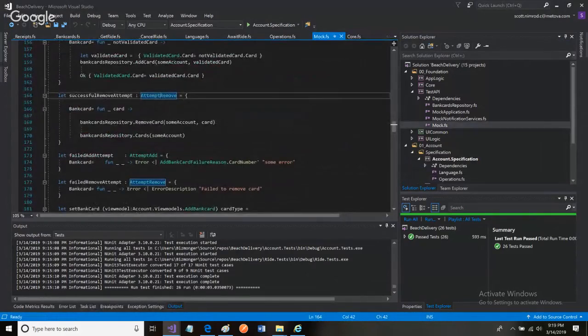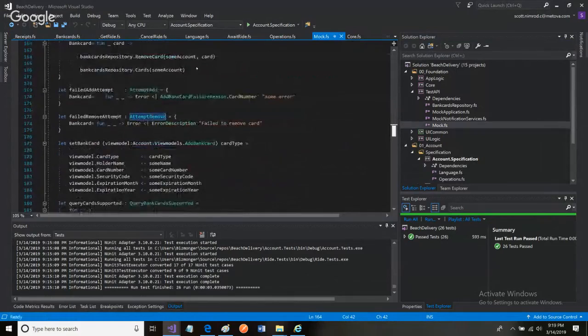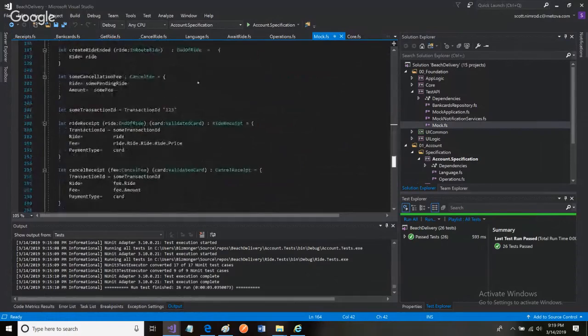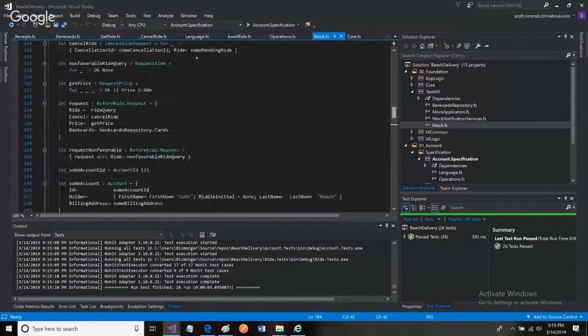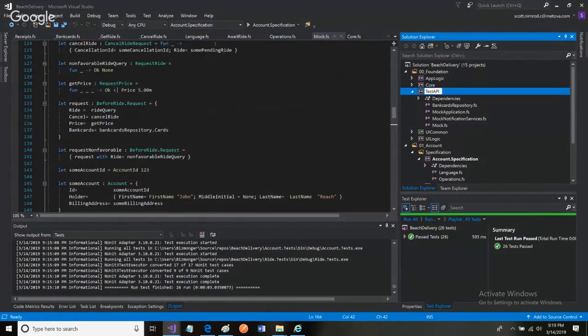Man, this is going to be different. Okay, so this, no. Yeah, we're going to have two different things in here. This test API is for